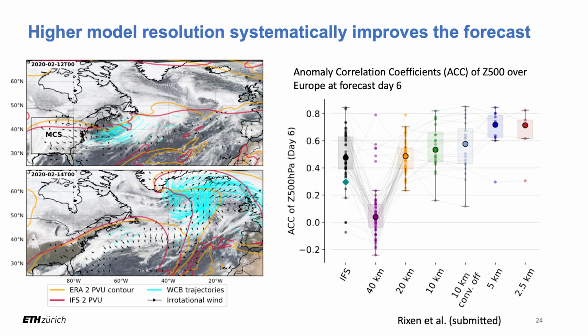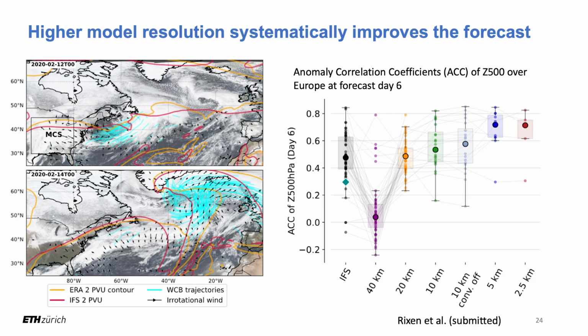You can see here what really happened. This is approximately where the jet stream is and what IFS did. It really misplaced the storm, way too far to the east, to the west. In our simulation, we looked first at the representation of this MCS in the central US, with very heavy rainfall. You can see, depending on the model grid spacing, we have a way better simulation of the heavy rainfall that was occurring there compared to the 40 kilometers, which is the purple run. It has very low heavy rainfall, and the 4 and 5 kilometer and 2.5 kilometer simulations are very close to observations.